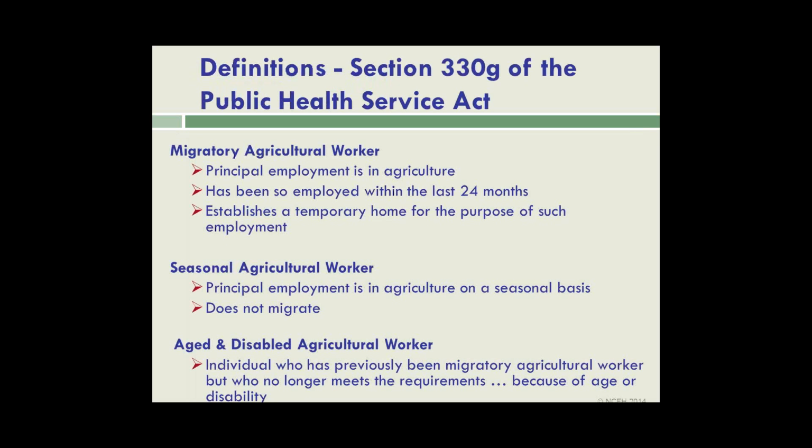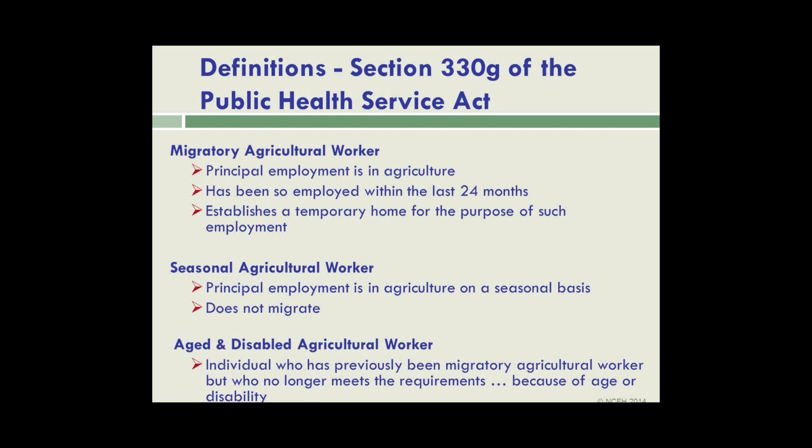Definitions for Section 330G of the Public Health Service Act. A migratory agricultural worker is an individual whose principal employment is in agriculture, who has been so employed within the last 24 months, and who establishes a temporary home for the purpose of such employment. A seasonal agricultural worker's principal employment is in agriculture on a seasonal basis, and does not migrate. An aged and disabled agricultural worker is an individual who has previously been a migratory agricultural worker but who no longer meets the requirement either because of